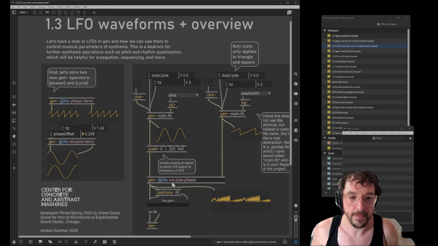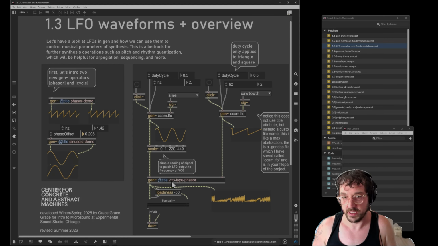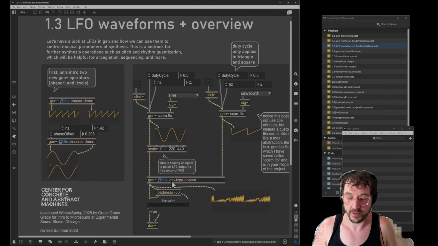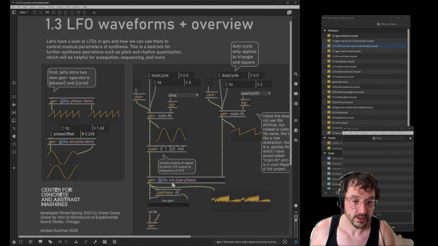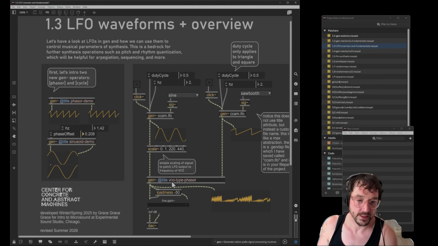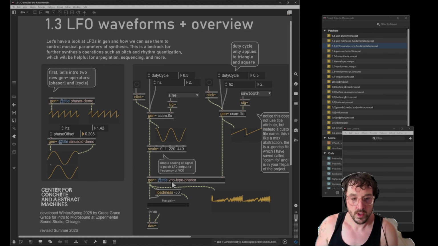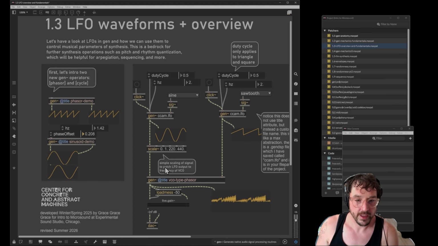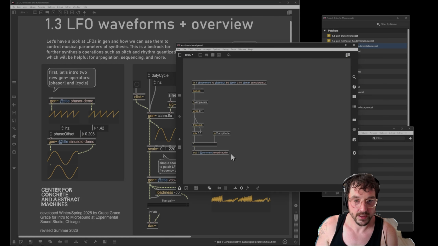Now, this is called VCO type phasor because there's not really voltages controlling this in the same way that they would in a modular synthesizer. This is a digital system, but the principles are the same. So before we look at the rest of this, let's click in here and see what is going on. So we have a Hertz operator here,